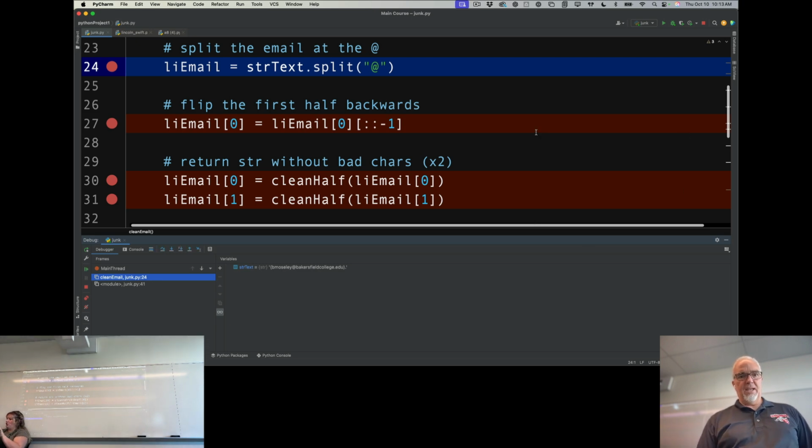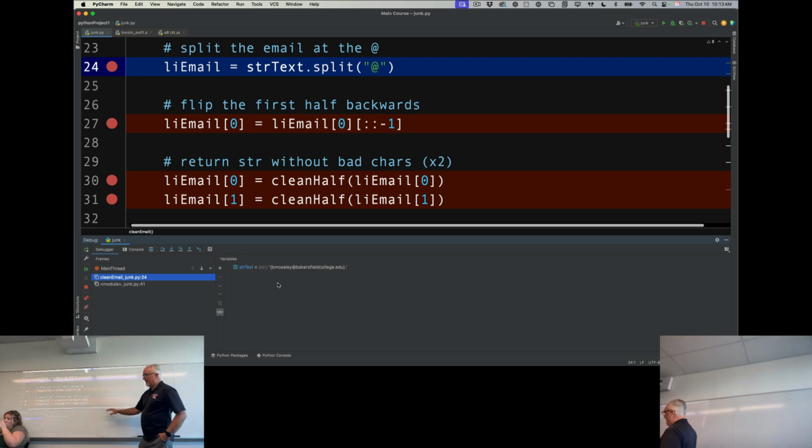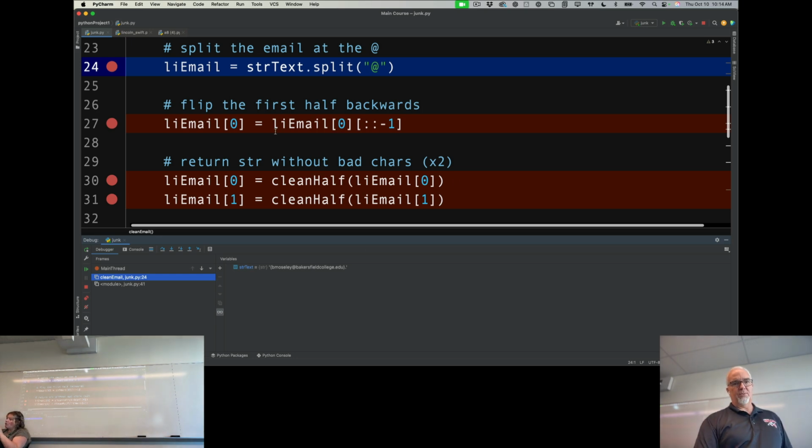And then what you'll see is at each phase, I know this is too small for you to see here in class, but I'm going to point out where it is and tell you about it. It's telling you str text, it's telling you the variable value, and we're inside this function, we're about ready to split that. So if I say continue on,